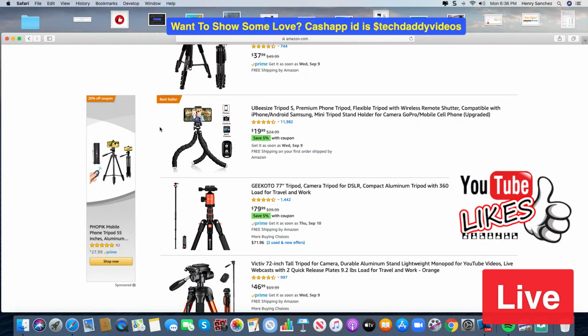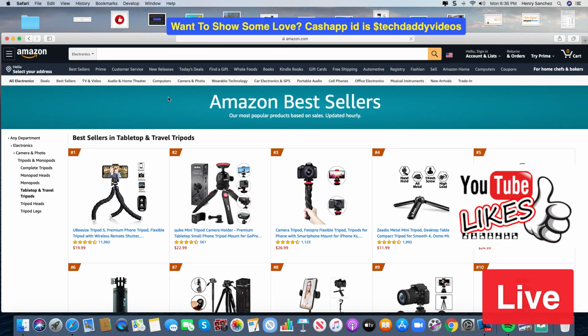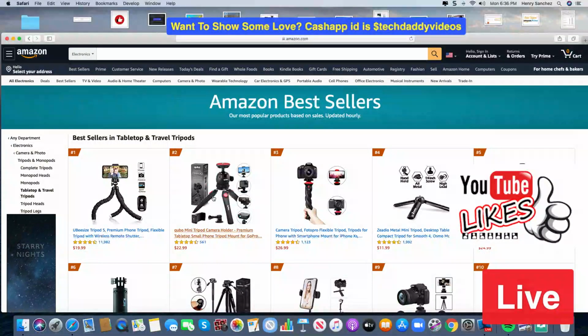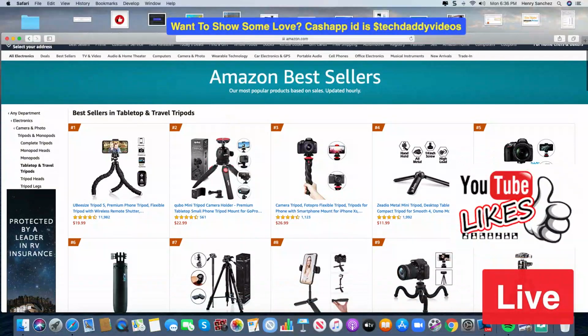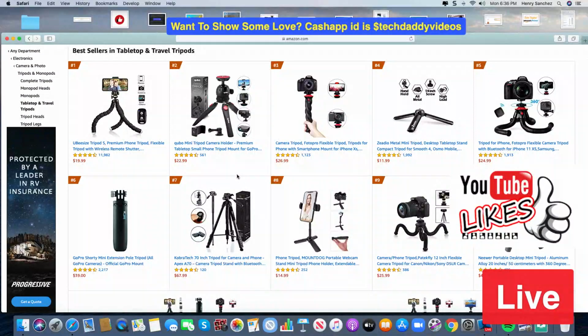If you see this one right here that says best sellers, go ahead and click on best sellers. That is another way to look for any type of tripod that sells extremely well. So if you guys were selling tripods, this right here will give you really good information on tripods that are selling extremely well.